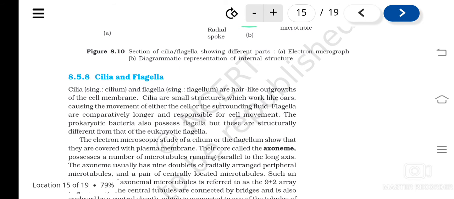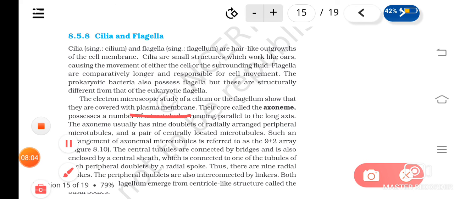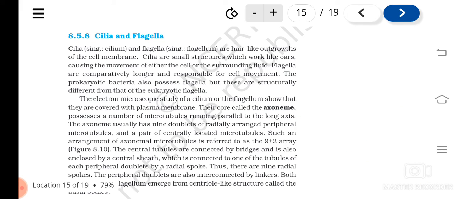Under the electron microscope, a cilium or flagellum has a plasma membrane and a central core known as the axoneme. In the axoneme you can see parallelly arranged microtubules, arranged parallel to the cilia or flagella. Understood? And the core consists of